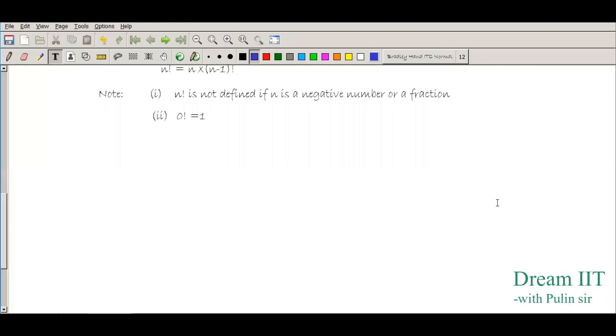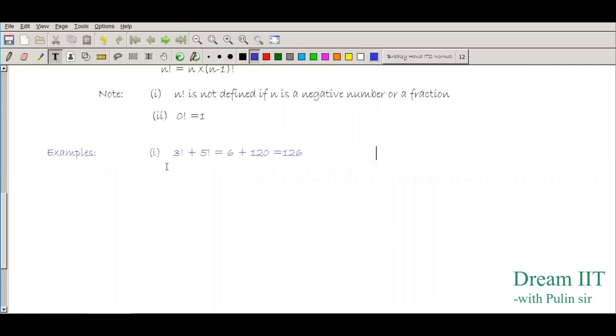Please see. Now let us take examples. Example number one. I will not write in the form of questions. If somebody asks you to find 3 factorial plus 5 factorial, how will you do it? You find the factorials individually: 3 factorial is 6, 5 factorial is 120, and this leads you to conclude the answer is 126. So this you can directly write.